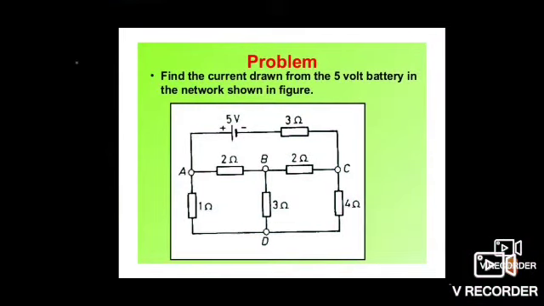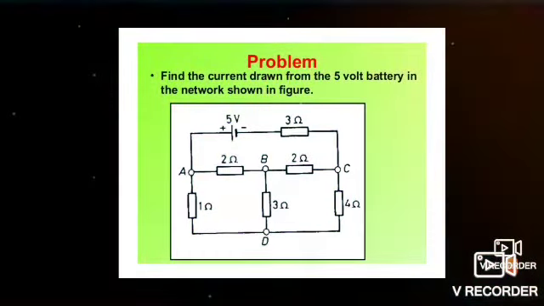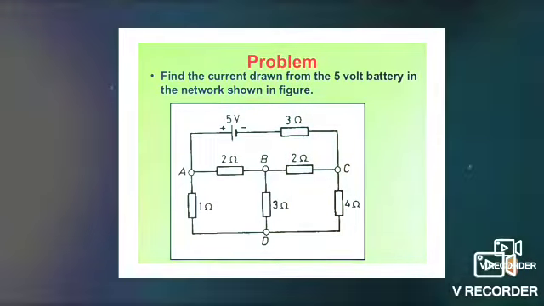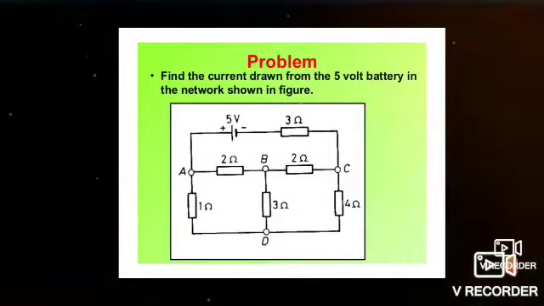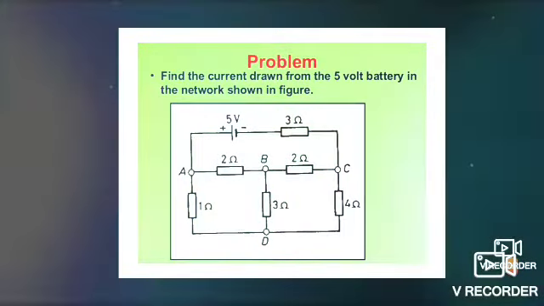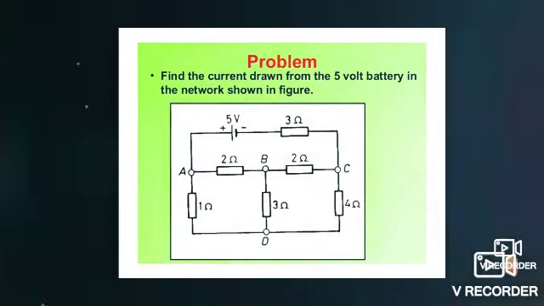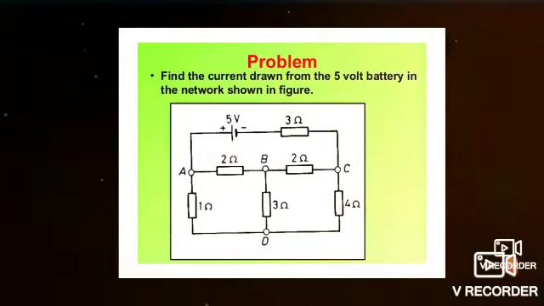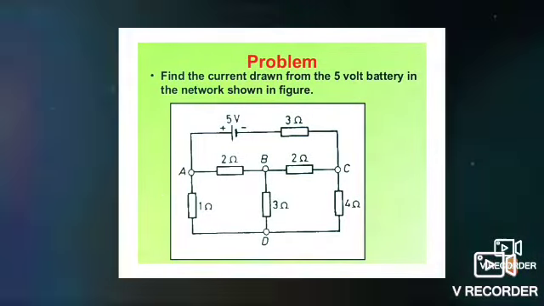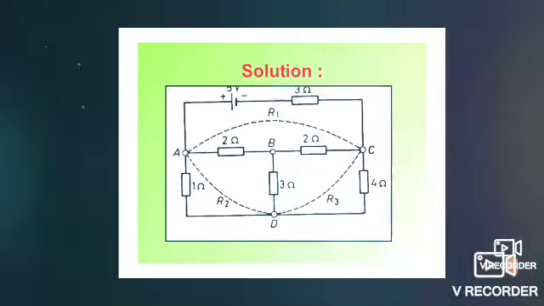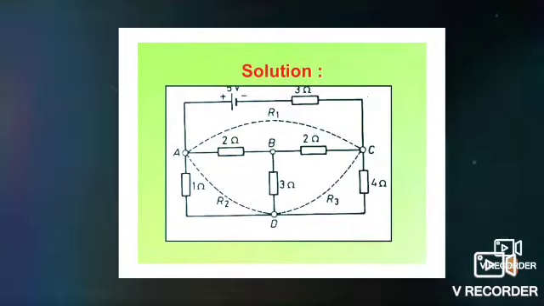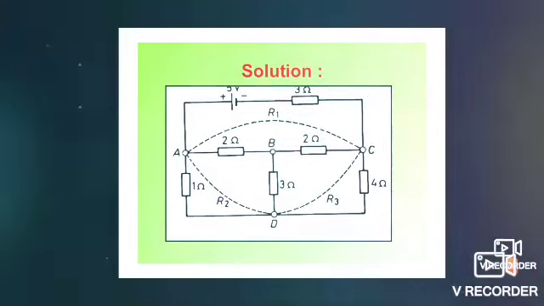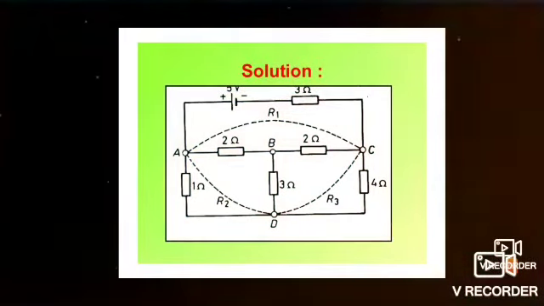Okay. So the star connection is the 2 ohm, the parallel 2 ohm, that is between A, B, C and D. A, B, C, D is the star connection. We have to convert that star connection into delta connection. So between the AB is 2 ohm and between the BC is 2 ohm and between BD is 3 ohm. So see the diagram. We have to convert that 2 ohm, 2 ohm and 3 ohm, that is A, B, C, D into delta format.